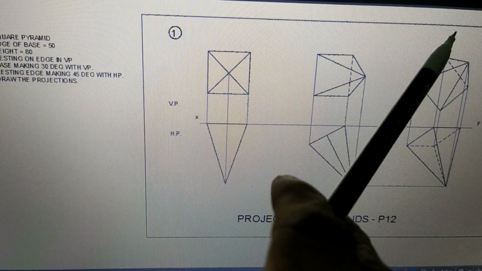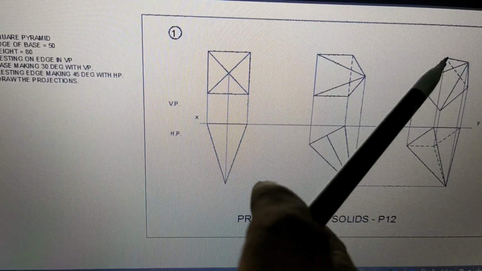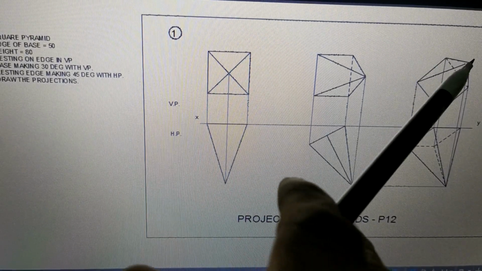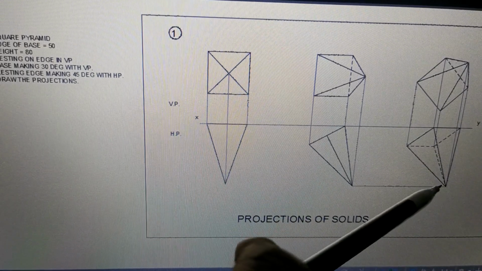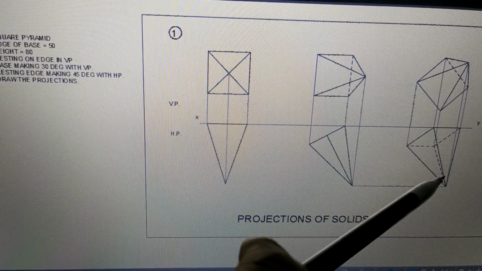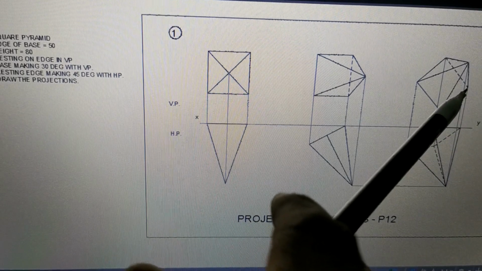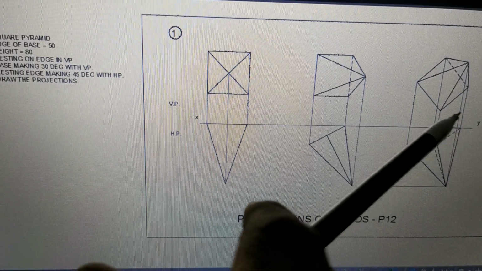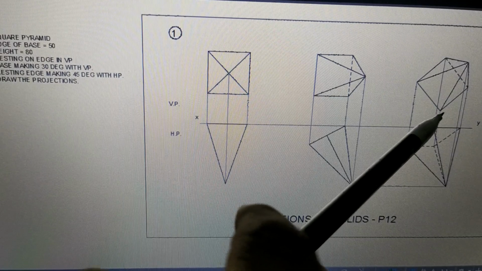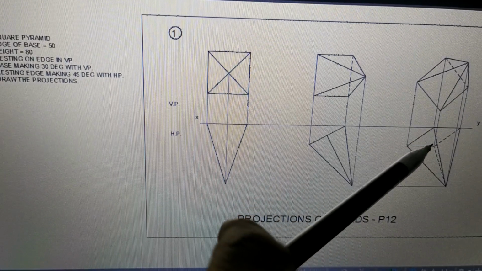That time, when you see from top, you can see this line is seen because nothing is coming in the way. So O to A is seen, therefore this O to A line is continuous. Now this point is already seen. What is this point? This point is C, A, B and C. So this C is here.